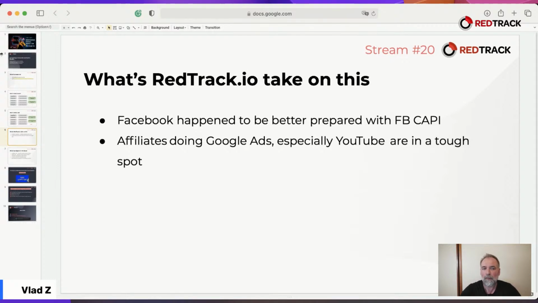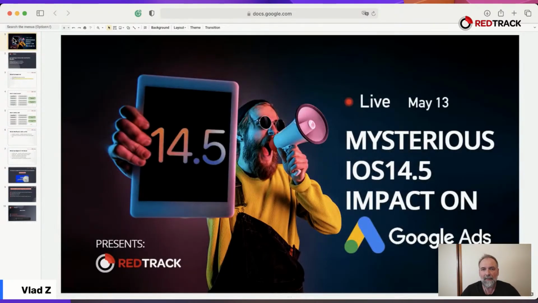Today's stream is important. The impact is severe on some of the media buyers, and sadly, there is no solution except to just start to rely on tracking data to do your optimization and decisions manually in Google Ads. And split campaigns between iOS traffic and non-iOS traffic, so that you can keep automating campaigns based on conversion data for non-iOS 14 traffic, and probably do manual management of the campaigns for iOS 14 traffic.